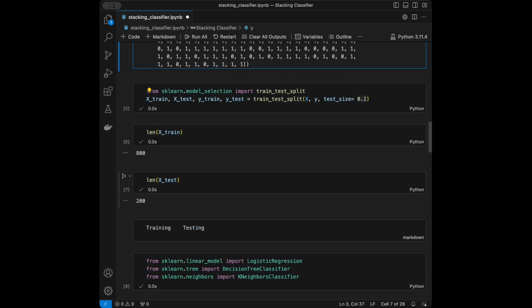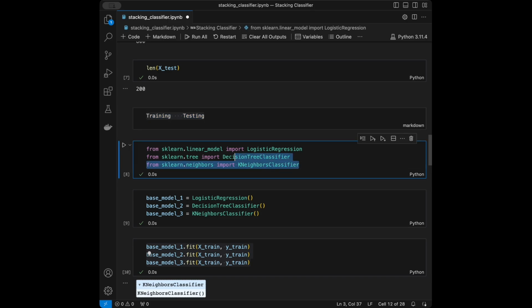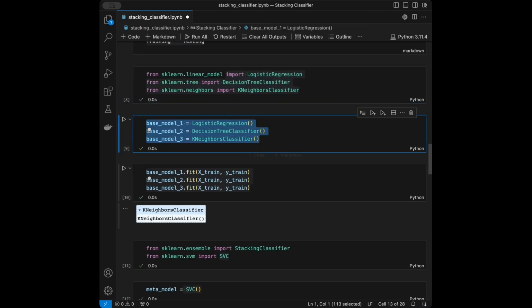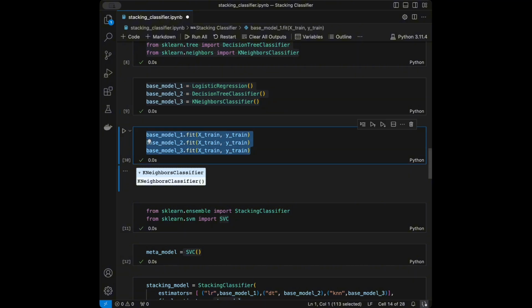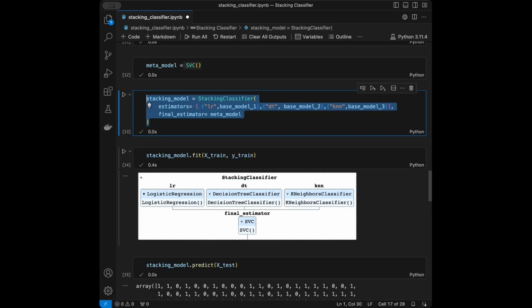Next we used train test split, and I talked about the logic behind it. We imported the base models we have in here. Next we initialized the base models, we trained the base models, then we created the meta model, and we created our stacking model. Here is the structure, we trained it: linear regression, decision tree, KNN, and final estimator is SVC,